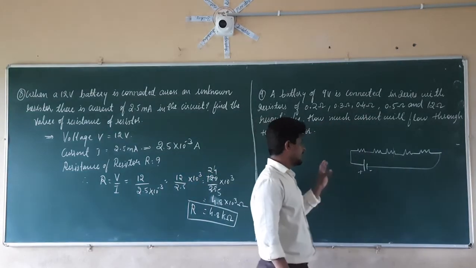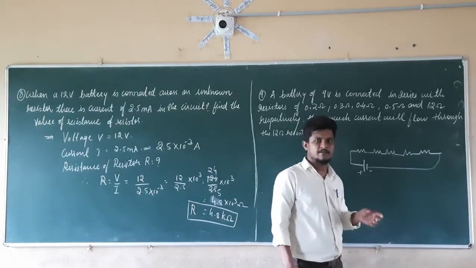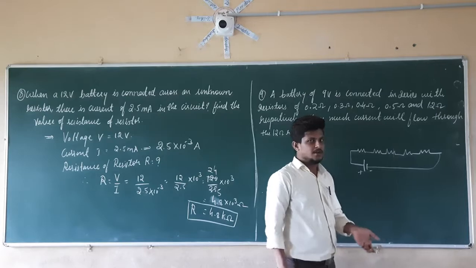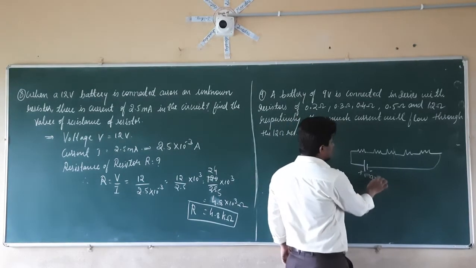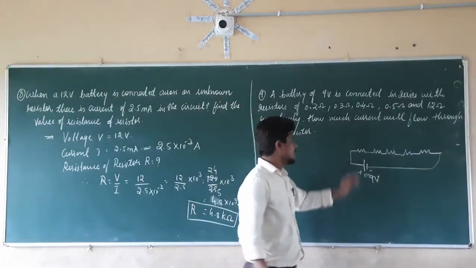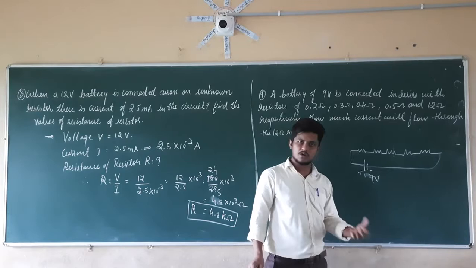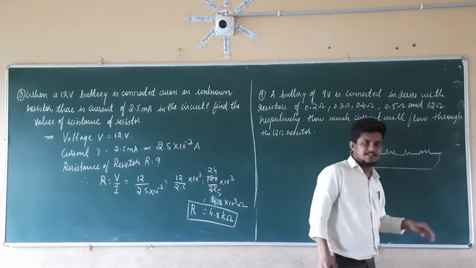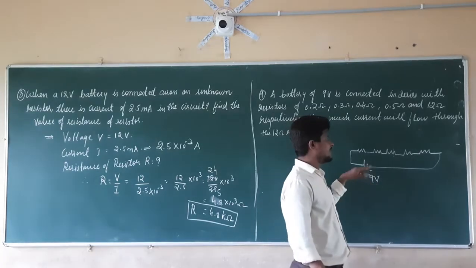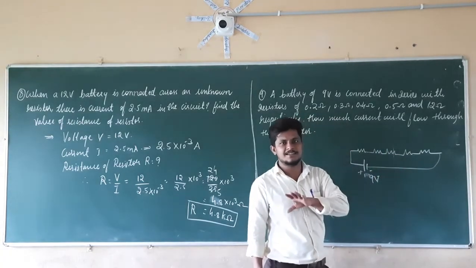If you remember about the series connection, in the series connection, the current will remain the same and the voltage is going to change. Now, if in the problem statement the voltage is given, then what we have to find out is the total resistance in series connection, and after that we are going to find out the total current. Right? Now the total current which is flowing in this series will be the same as the current which is flowing in each resistor, since in series connection current remains the same.